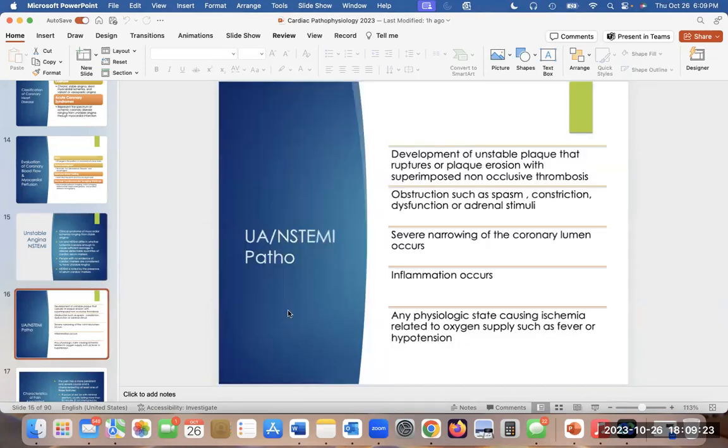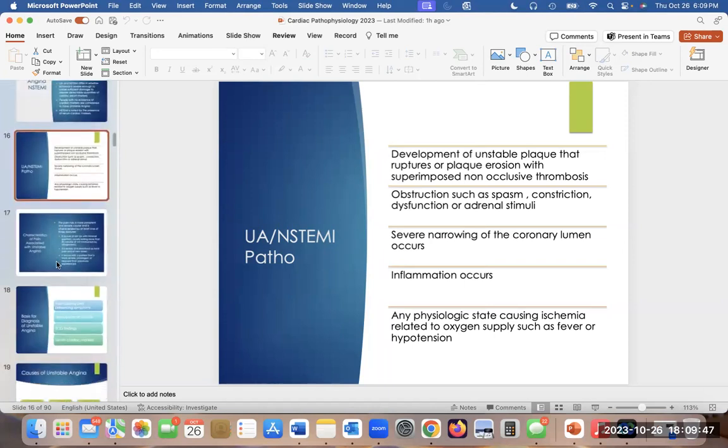So it could be from a plaque buildup. If it's from a plaque, it might not cause that ST elevation if it's not like a conduction issue. Maybe obstruction, maybe severe narrowing of the coronary arteries, inflammation, or something that might cause, like I said, ischemia. All of these are pretty much caused by ischemia. The next thing is